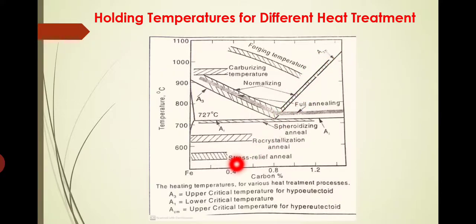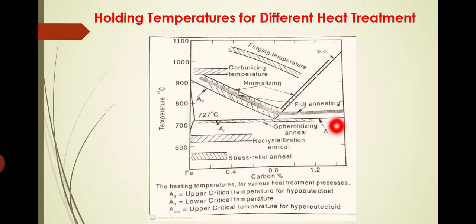ACM is the upper critical temperature for hypereutectoid, and you can see a horizontal line here, that is the A1 line, the lower critical temperature. So transformation of the austenite begins at this line and will be complete at this line. That is the meaning. For hypoeutectoid, transformation of the austenite begins at this point. That temperature is known as the upper critical temperature, and the transformation is complete by the lower critical temperature, or 727